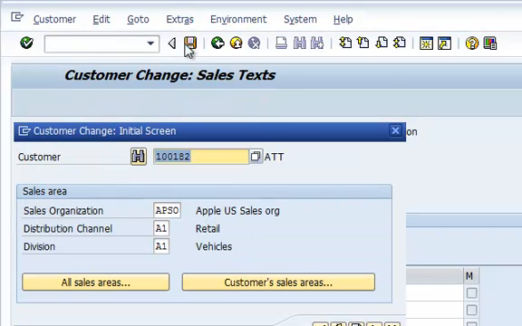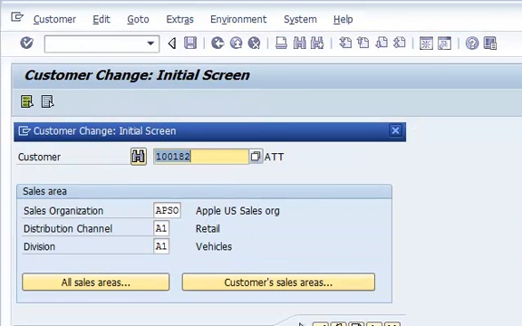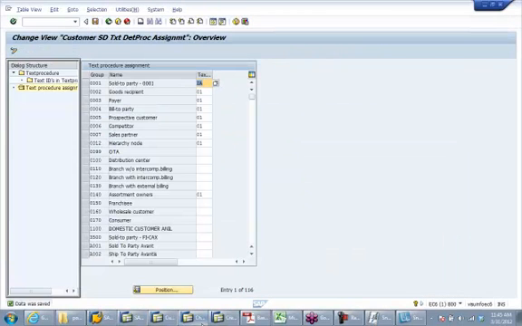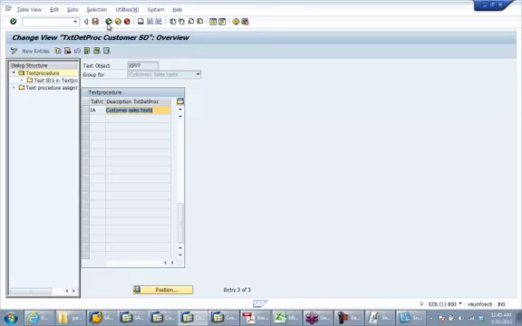Okay, so that's how you configure the customer master text. Okay, any questions so far? Okay, so now we saw how we configure customer master text. Now let's see how we can configure